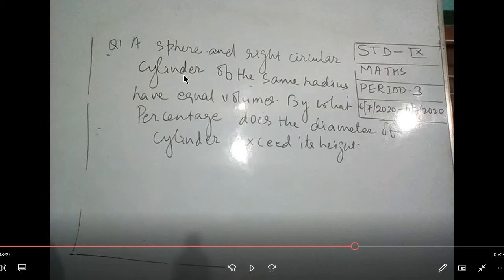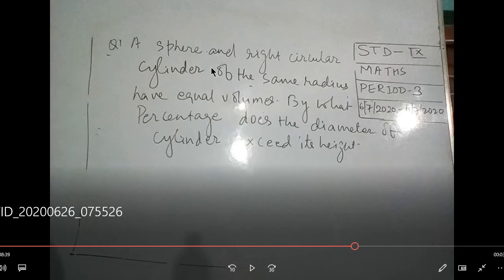I have said in the earlier videos that the surface area can be changed, but the volume will not change. So if one shape takes another shape, here it is saying that the two shapes have the same volumes, but what is the excess in the diameter of the cylinder with respect to its height? That question we are going to discuss here. This type of question we have discussed in the cuboid video also; you can see that video, in which we have covered this type of question.